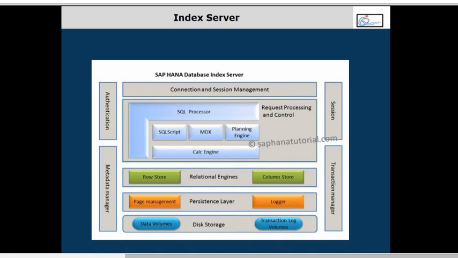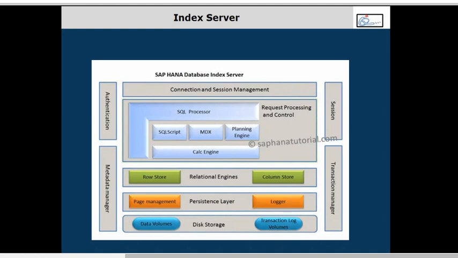By using page management, it identifies which page has been modified and sends the information about the change to the what? Logger, and logger will log that change into what? Log volume. For every transaction you do in the HANA database, in fact, you're writing it to the disk. You do some change in a page in the RAM, your page management will identify that change and send it to logger, and logger will capture the log into the log volume. Ultimately, whenever I write data into the HANA database, I'm writing into the disk, because the log is what? The disk, right? Okay?